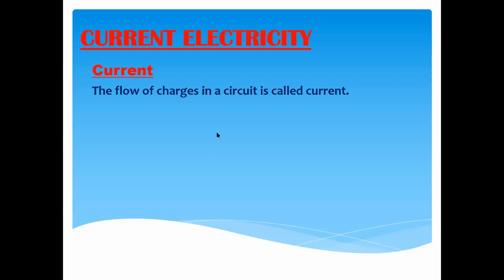So last week we started this topic, electric current, how we define electric current or current. Basically, the current is the flow of the charges or the rate of flow of the charges. It means how many charges are moving from one point to another in a circuit in 1 second. We call that electrical current.